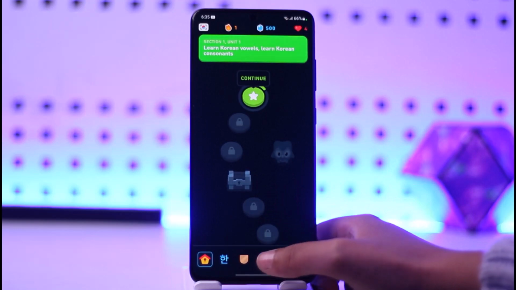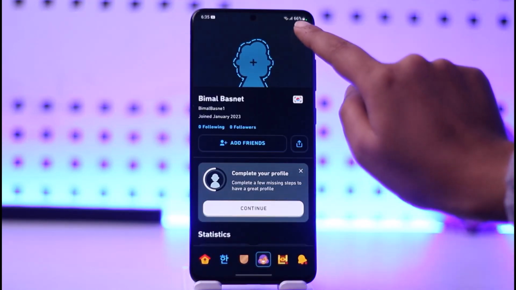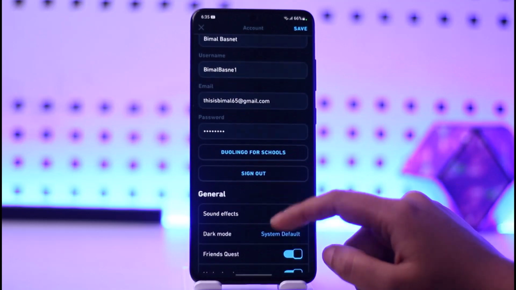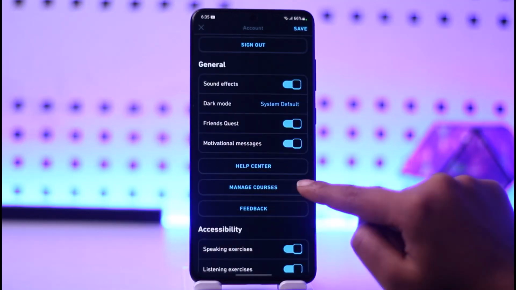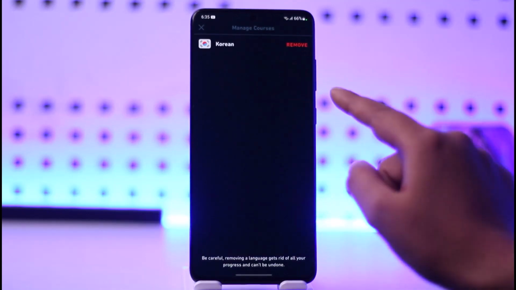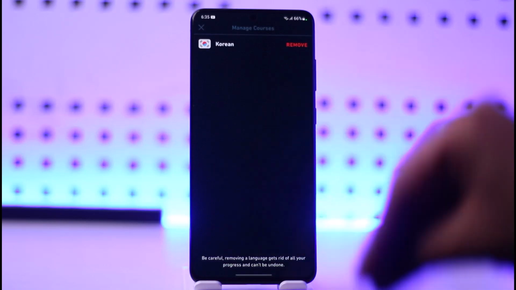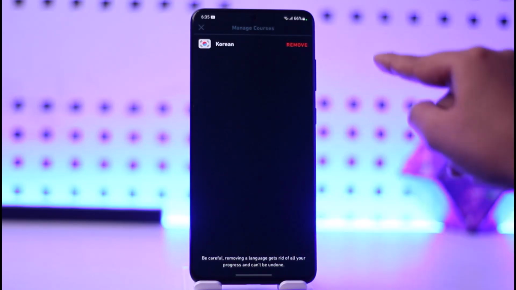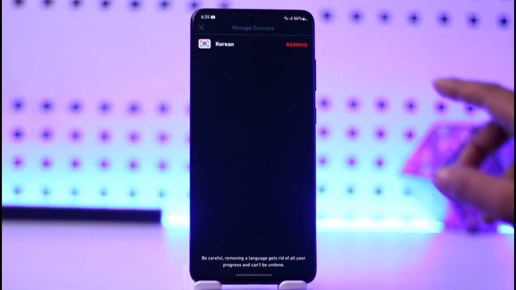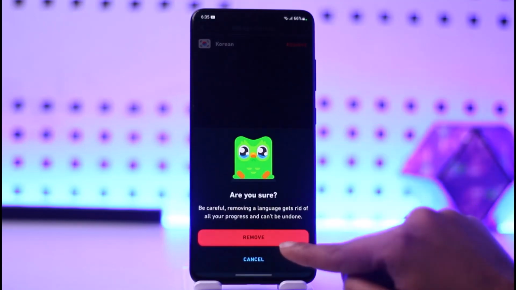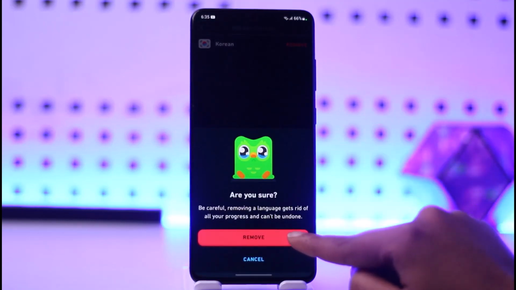icon given below as a profile and tap on the settings icon on top and scroll down till you find this option called manage courses. Go ahead, tap on it. Now we can see the particular courses that we are learning here in Duolingo, including this remove option just beside it. Tap on this remove and it will ask you for a confirmation. You're going to tap on this remove, and then afterwards your particular course will be removed from Duolingo and you